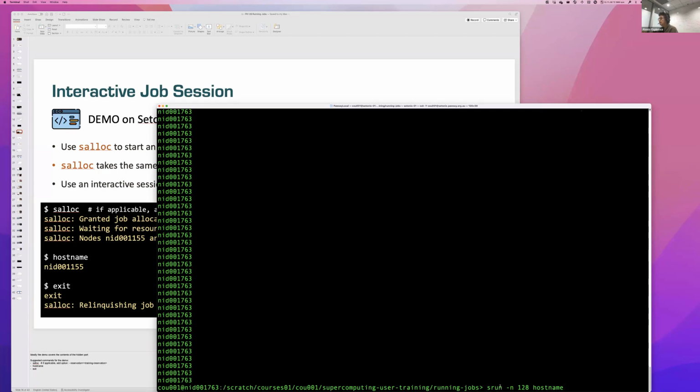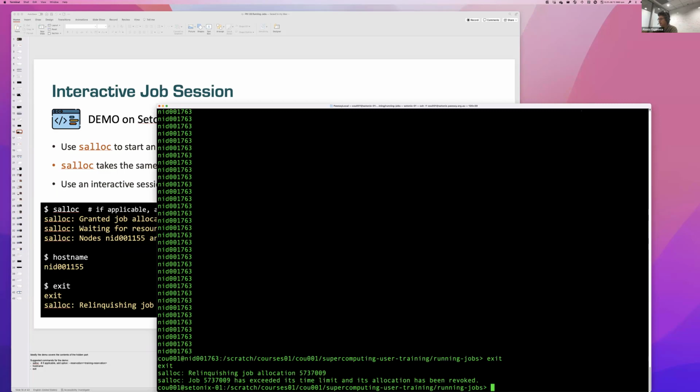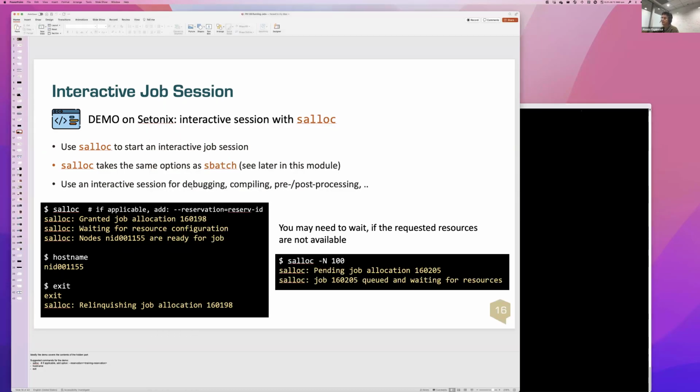The srun command is very, very important, and this is the command with which we indicate to execute an executable. In this case, we are executing just hostname, but as you can see, it ran 128 times, each time on a different core. So let's go for it. I'm out of the salloc. So an interactive session is very important for debugging, compiling, and executing your code, and keep testing